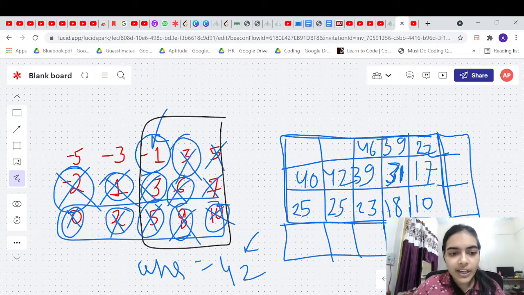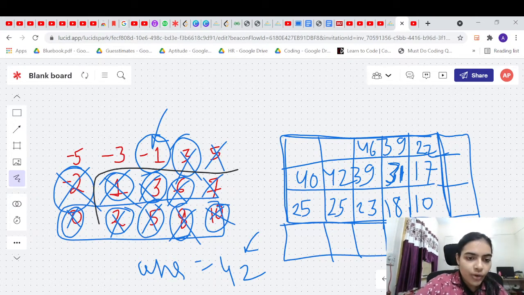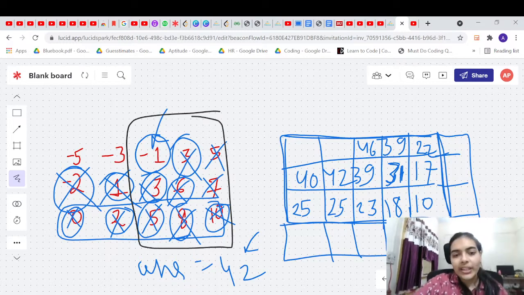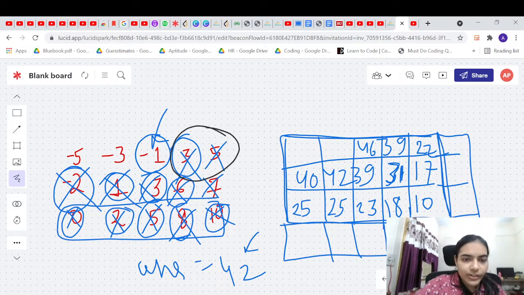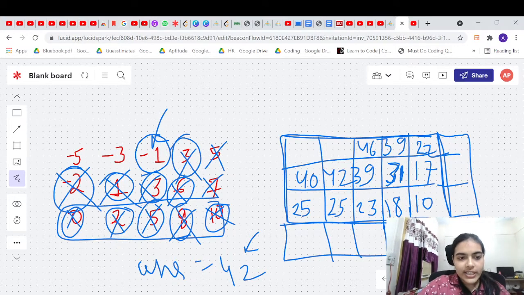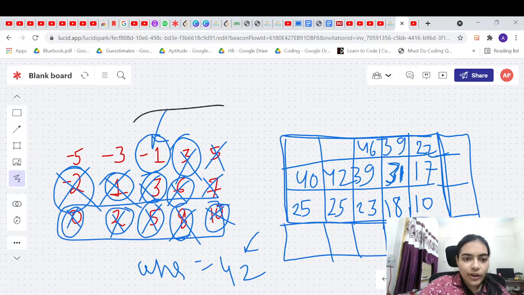This entire region is better to bomb. It's okay if you leave these values, but you are better off bombing these values, because the trade-off here is much better. You are able to kill more soldiers here compared to soldiers here. So that is why you are getting a bigger answer here compared to the answer here.